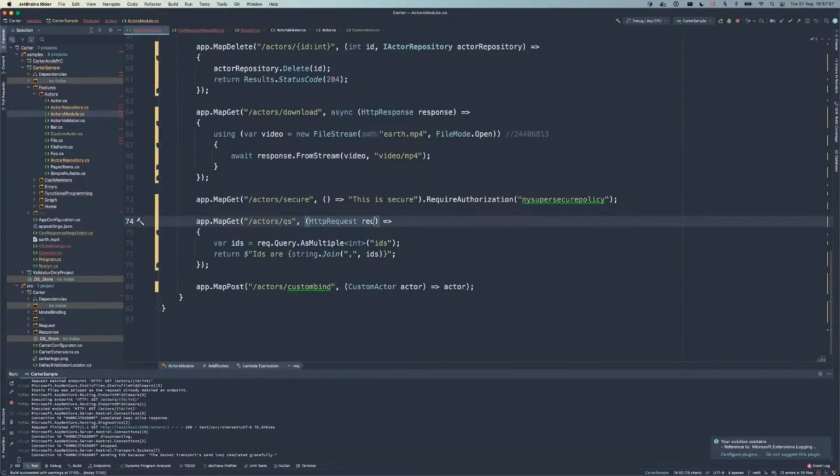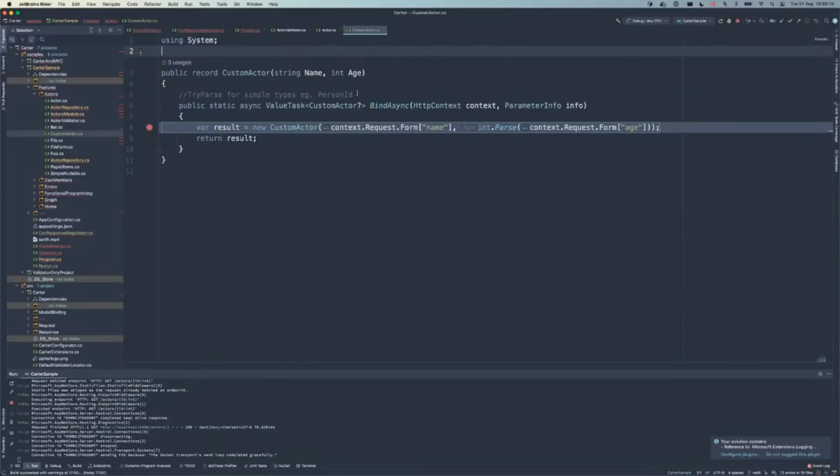Apart from things like HttpRequest, HttpContext, HttpResponse, ClaimsPrincipal, and maybe some other things, it will look for those. Otherwise, it will look for an object in the service collection that you may have registered, or it will try and bind it to a JSON body. You can have a simple type in here, and you can tell the framework to parse it if you have a TryParse method.